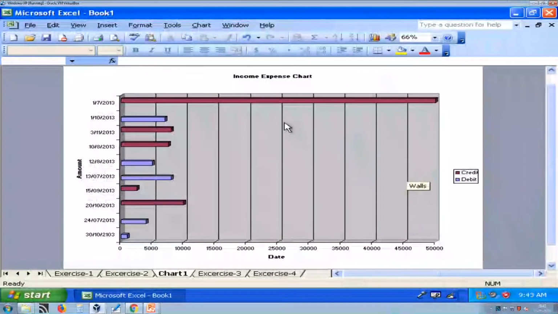You can see on the screen, here is the chart title that you can give. This is our x axis, this is our y or z axis, this is the z or y axis title, and this is the x axis title. And Excel automatically uses a legend based on our columns, that is credit and debit. So, this is how to quickly create a chart. So let us go to the next feature.